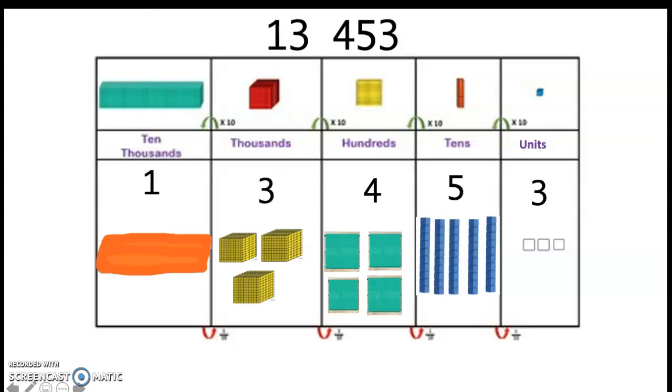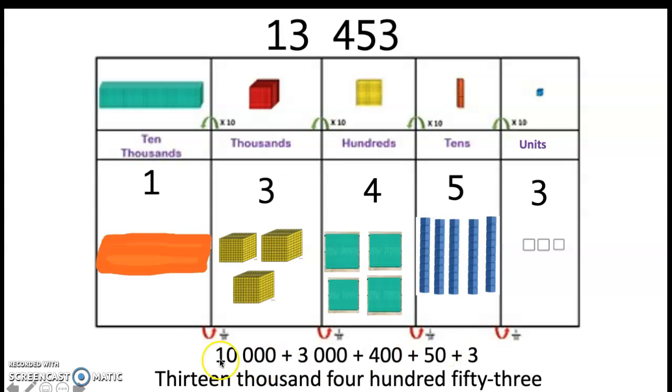We can also represent this number using an addition problem, like the one you see here. So we have 1 10,000, 3 thousands, which is 3,000, 4 hundreds, 400, 5 10 sticks, 50, and then 3 units, which is 3. And we see this number written in words right here,